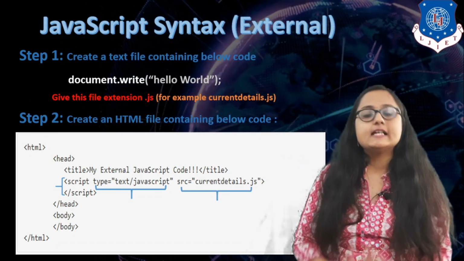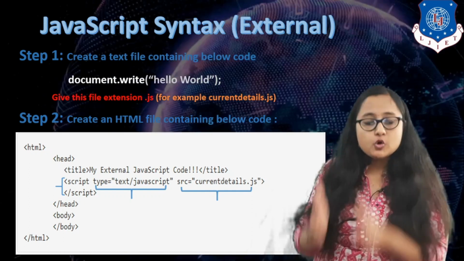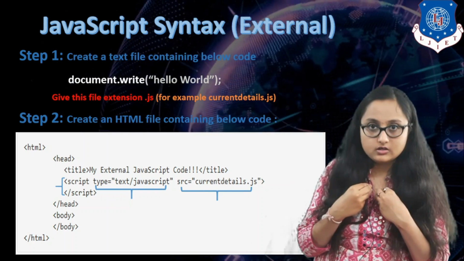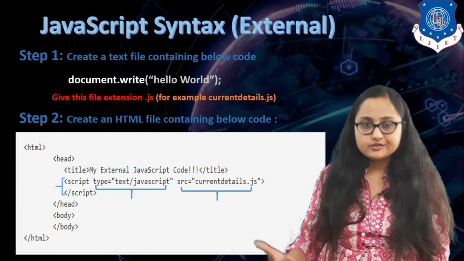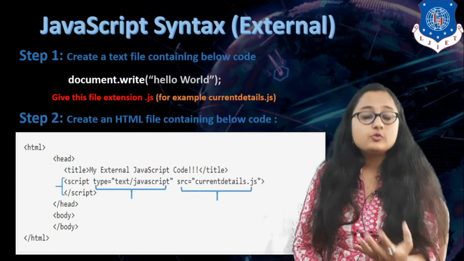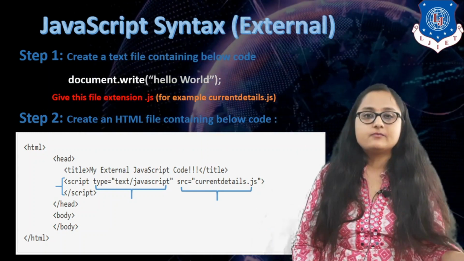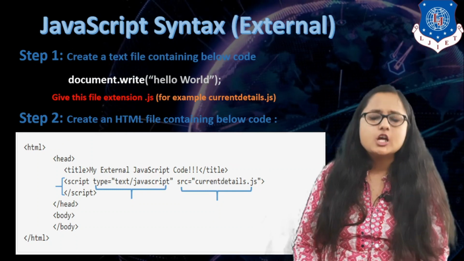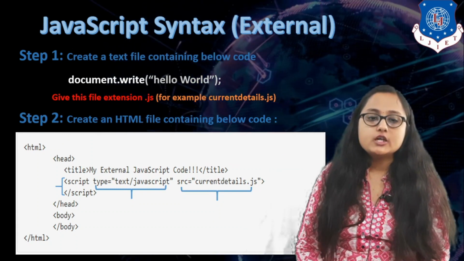Here you can see that I have written the file name along with the extension, because both the files, the .html file and the .js file, are in the same folder for me, right? So I have not written the full path. But if you have the folder structure differently, so the .js file is somewhere else and the .html file is somewhere else, you have to specify the full path, right? So source is basically specifying the path of your .js file.